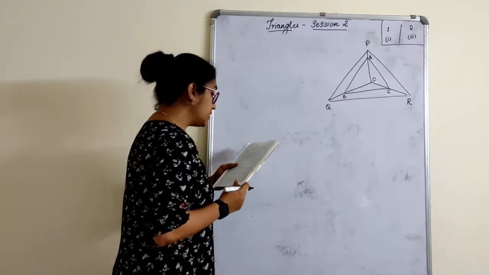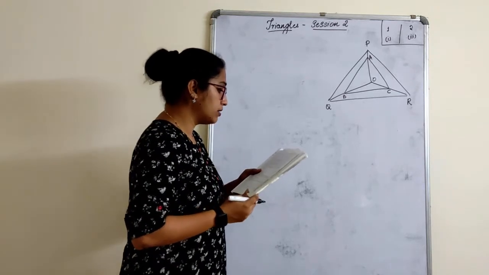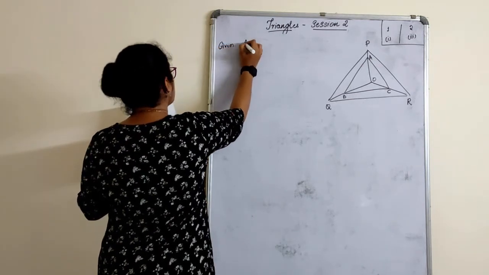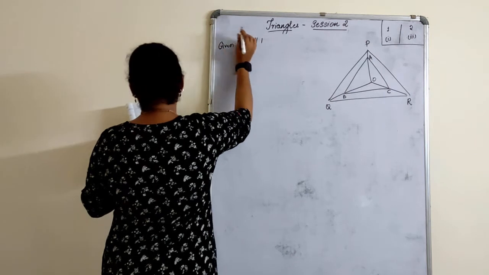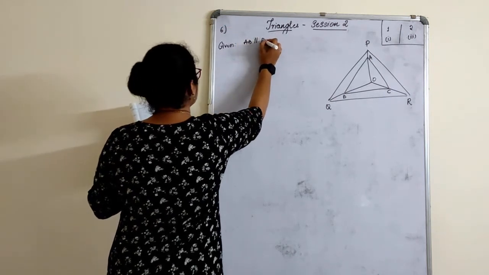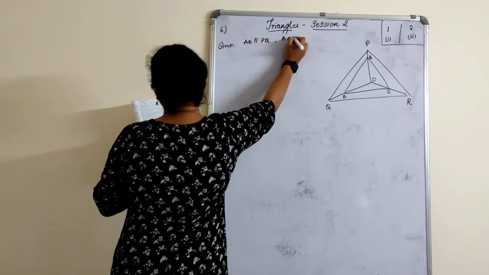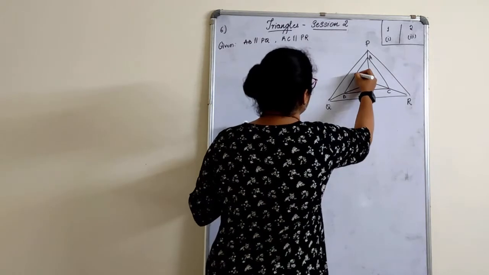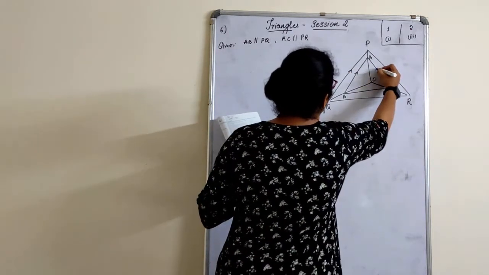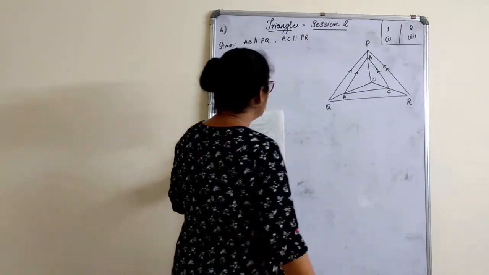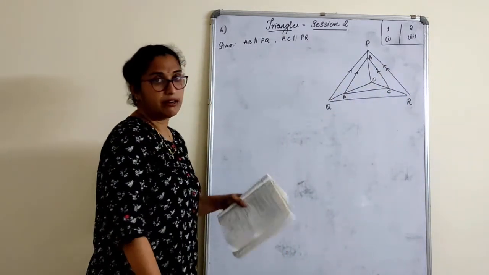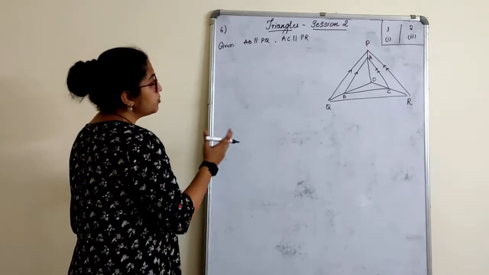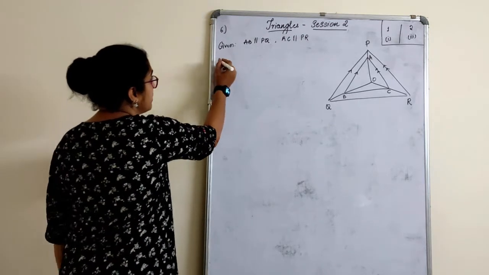So in the given figure, A, B, C are the points on OP, OQ and OR respectively, such that AB is parallel to PQ and AC is parallel to PR. Show that BC is parallel to QR. Again, we have to prove this by converse. So, using the relation what we have there, let us prove. Let us choose the triangle with respect to what they have given.